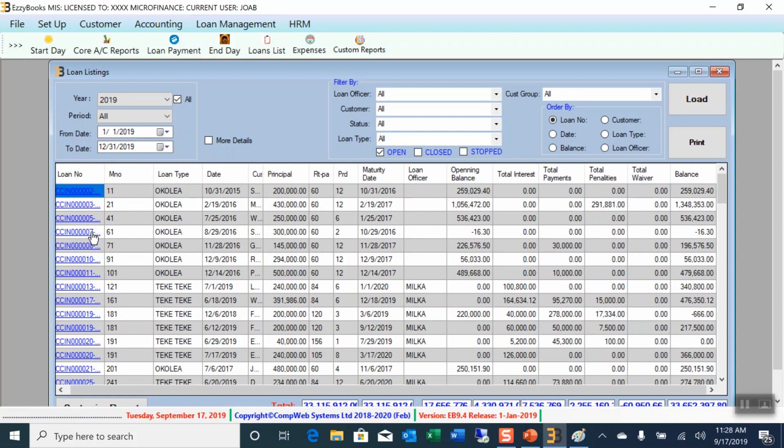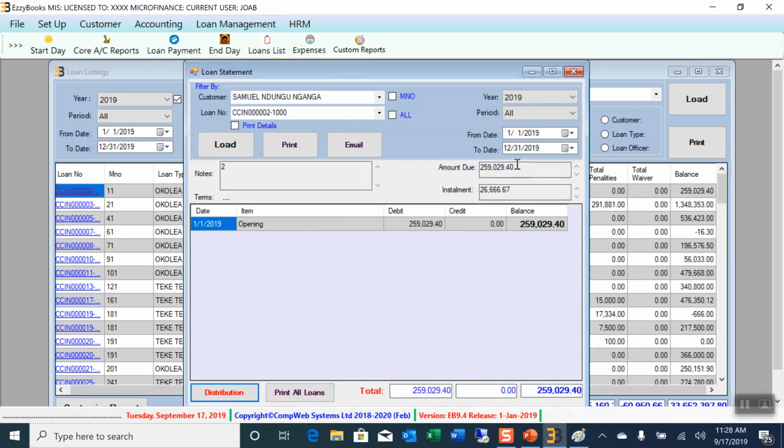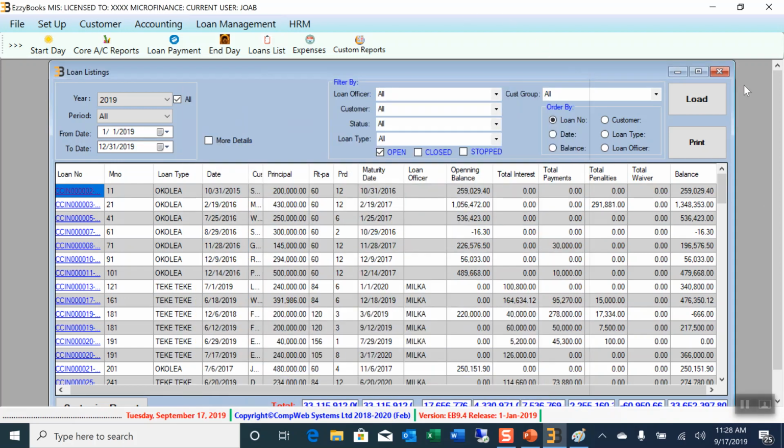And we can drill down. We can drill down on each customer and see their statement just from here in a flexible manner. So we can use these filters. We can use the periods. We can use the dates. We can use these filters to get different